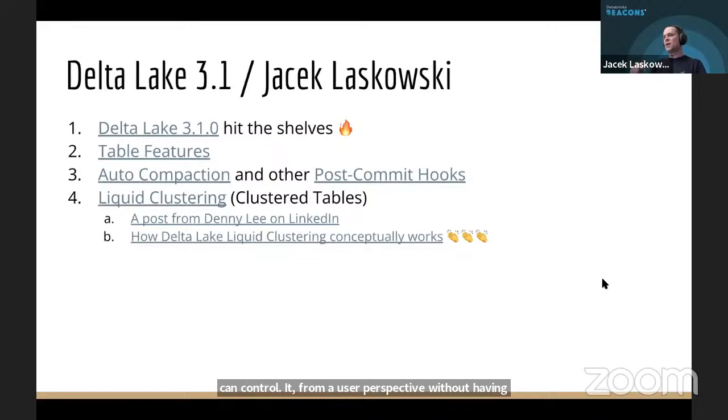And one of the table features that caught my attention very early, once it appeared in the repo, was auto compaction. If I'm not mistaken, auto compaction was part of Delta Lake 3.0. I might be mistaking all these versions. Things have been changing quite a lot and at quite a fast pace lately, for good. And so auto compaction